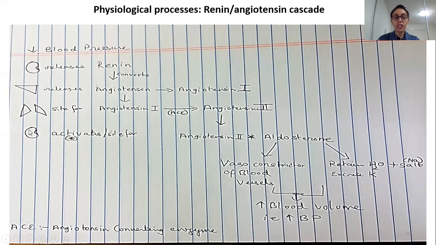All right, so yes, now your angiotensin 2 goes back into the kidney. What does angiotensin 2 do? It activates the hormone aldosterone. All right, and aldosterone has two functions. Aldosterone causes vasoconstriction of your blood vessels, meaning it makes your blood vessels narrower, because logically speaking, the blood pressure is low. If you make it narrow, it will help to increase the blood pressure because the surface area decreases. Okay, so imagine the surface area is this much.